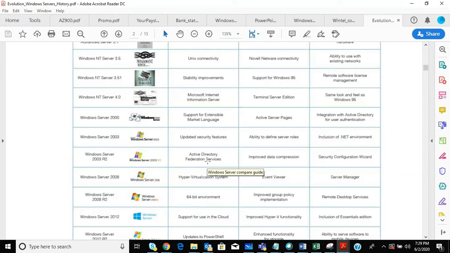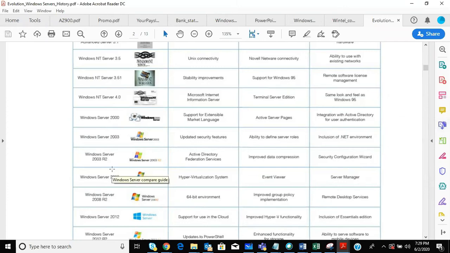Active Directory Federation Services is like a handshake between two parties in which we authorize the other party to communicate to our network and get authorization from there. A simple day-to-day example is the single sign-on that we use, which means using one party's credentials to log into the other party. Multi-factor authentication is another example of it.